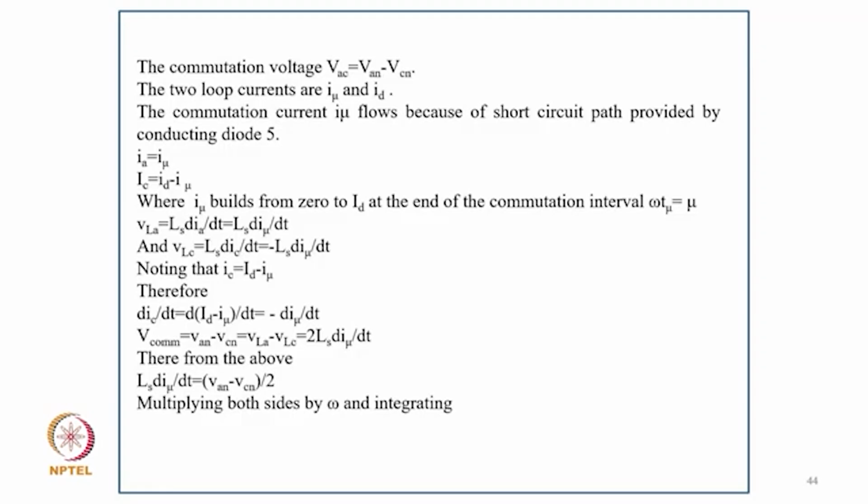So then VLA equal to Ls di/dt, and VLC equal to Ls dic/dt, equal to minus Ls diu/dt. Now noting that IC equal to Id minus Iu, therefore dic/dt equal to d in bracket Id minus Iu divided by dt, equal to minus diu/dt. So the commutation voltage VAC equal to VAN minus VCN and equal to VLA minus VLC, that is 2 Ls diu/dt. So therefore from the above we get Ls diu/dt equal to in bracket VAN minus VCN by 2,